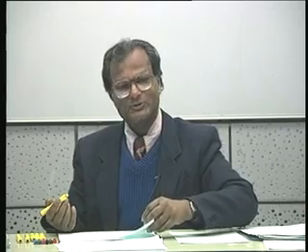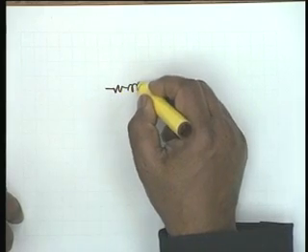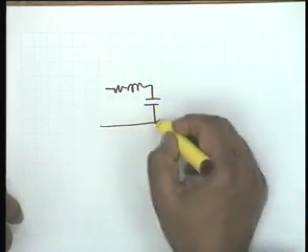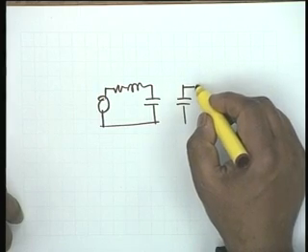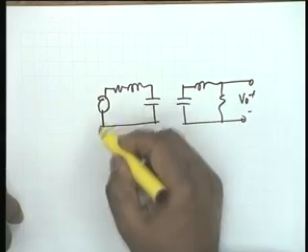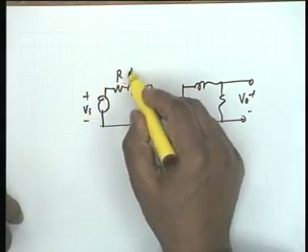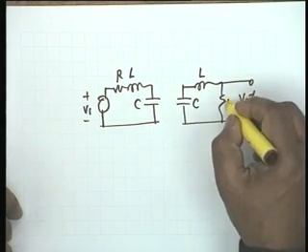A double tuned circuit, yes, we have demonstrated that this is the case. Suppose we have two tuned circuits. We will continue this example in the Friday class, that is tomorrow. Suppose we have two tuned circuits like this. I have a resistance, inductance and a capacitance. I have another tuned circuit like this, and I take the output across this. And for simplicity, let us say they are identical tuned circuits.